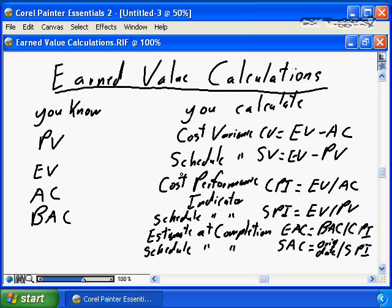I'll give you a few tricks and tips on how to remember all of this, how to make it easy to remember this for getting into the PMP exam and passing the PMP. And then more importantly, I'll show you this in action and really show you the value of what earned value does and how it's going to help you be more effective as a project manager. Before we get into the